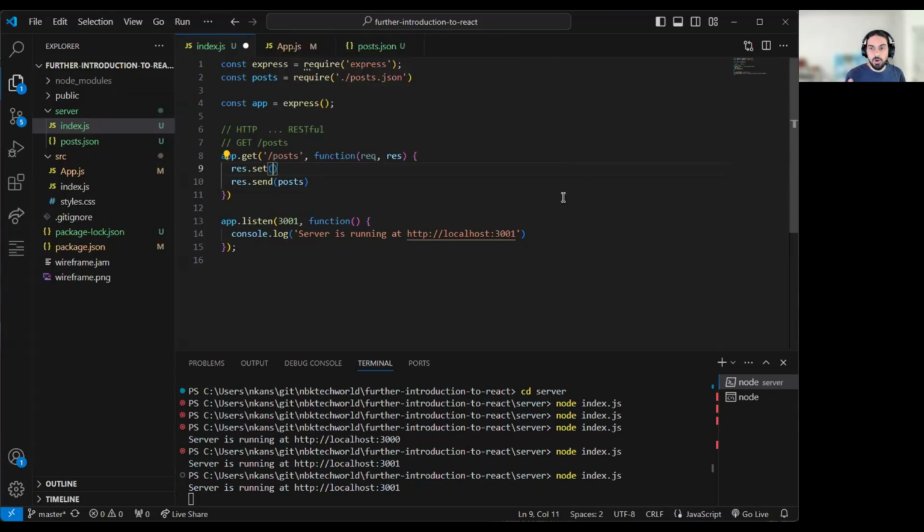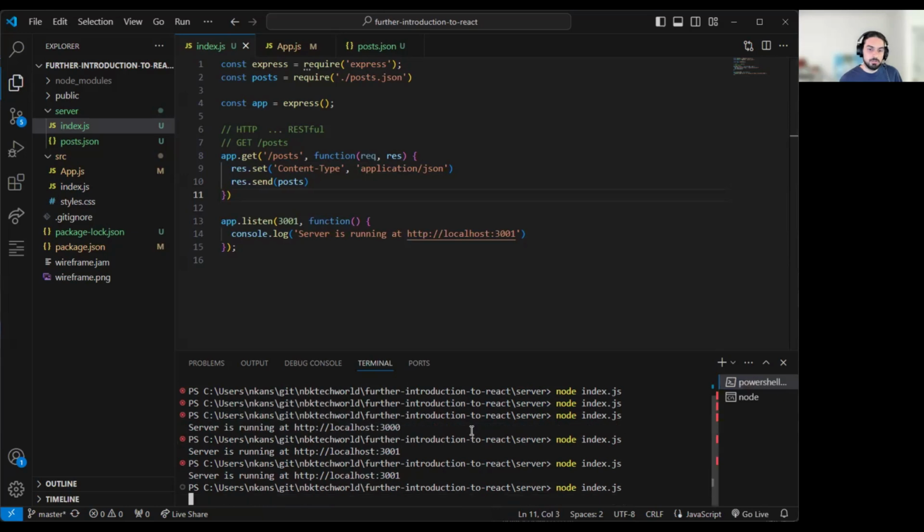Now this function takes two arguments. The first is the name of the header. Content-Type is the one where we can specify the type of information we're sending back to the client, comma, and then the value for this. The value here would be application/json. This is just a standard, what we call a MIME type. This is just the way everybody agreed to write it if we ever send JSON back: application/json. If I save that, go to my Node server, kill that, and restart,